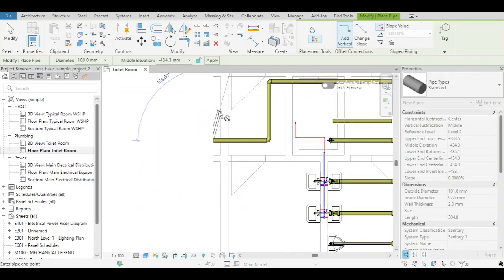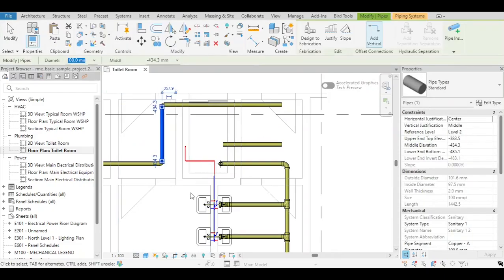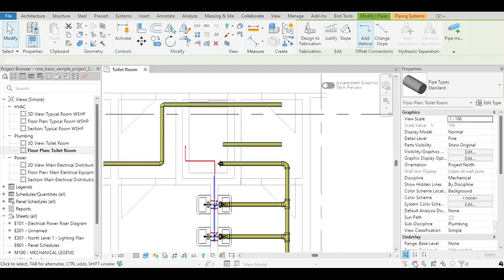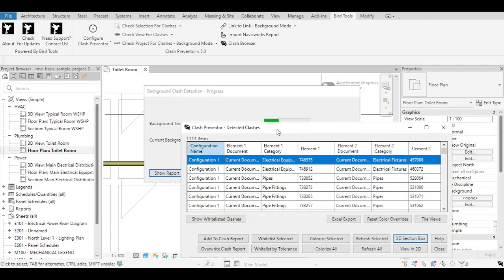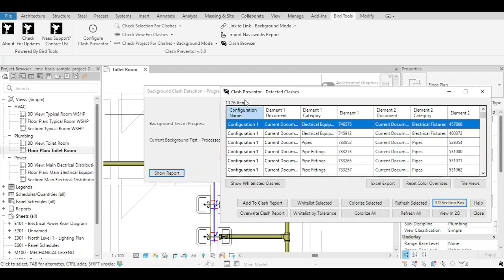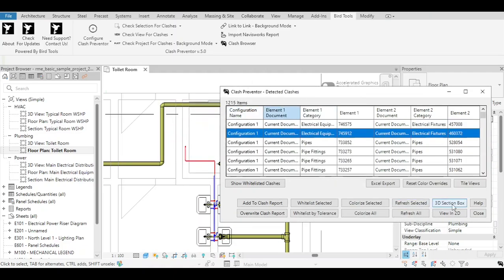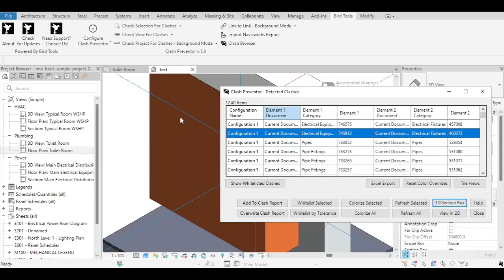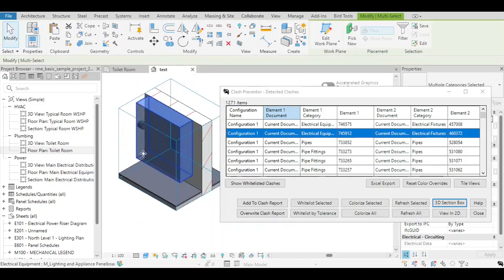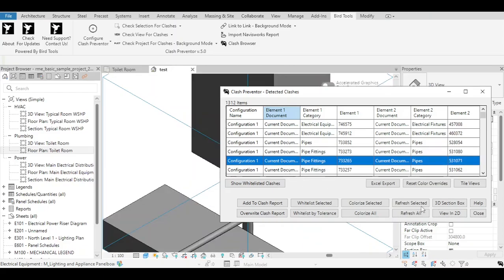One thing to note is that while a background clash detection test is running, real-time clash detection is also queued in the background. Once you show the progress dialog again, you can either hide it, abort the entire run, or just display the clashes as they are being detected. The latter feature was suggested by one of our beta testers and it allows you to start solving clashes while the clash detection tests are running asynchronously in the background, without having to wait for the clash detection runs to be complete. The list would be updated with every newly detected clash while that user form is open.